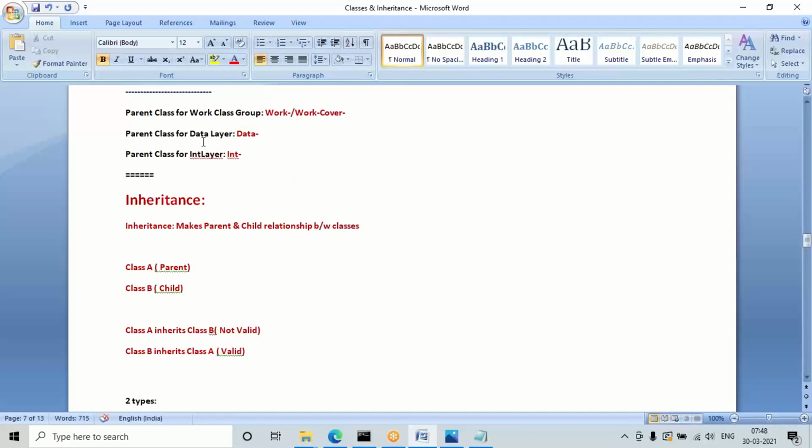See, in the work layer or in the data or integration layer, if you want to reuse any of the built-in functionalities, without direct inheritance given, they cannot reuse any of the functionalities. All functionalities related to the work layer are defined under Work- classes. And any tables or data model rules you want to create, all those functionalities are given in the Data- classes. Without giving this as a direct inheritance, I cannot define anything in the data layer, and all the integration functionalities are defined under the Int- class. So if this is not given as a direct inheritance for the integration layer, we cannot reuse any of the integration functionalities.